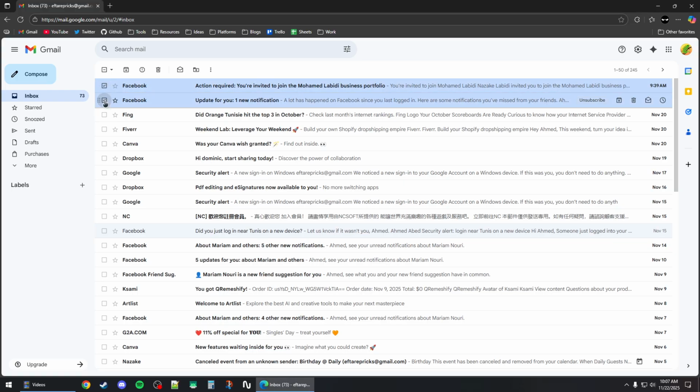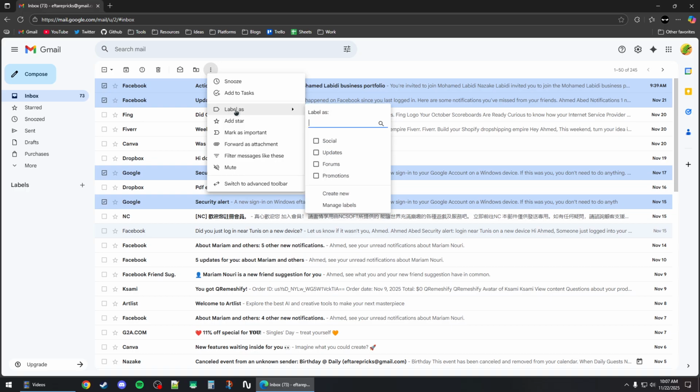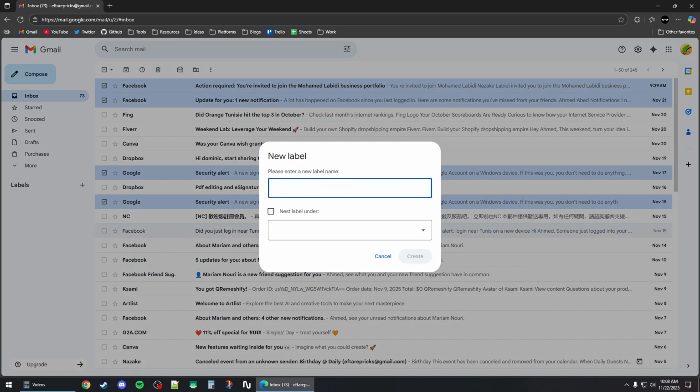So for example, these Facebook emails and Google emails right here. And then click on the three vertical dots right here, and then click on label as, and then you want to click on social or create a new folder. So for example, I'm going to click on create new, and then you can give it a name, for example,